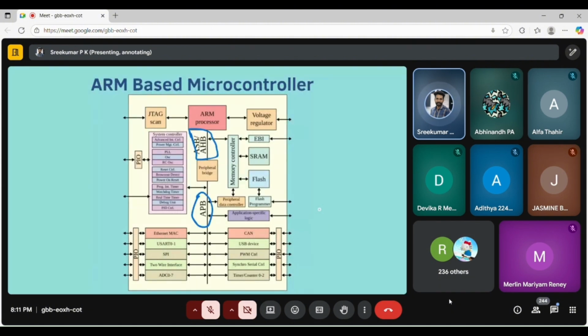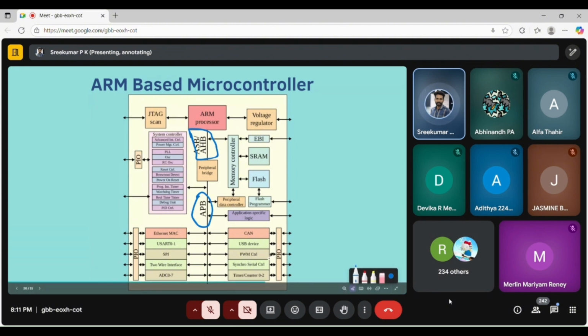So here you can see the ARM processor wants to talk to the CAN peripheral or USB peripheral. What it has to do is initially take the path of the AHB, then it has to go through the peripheral bridge. There is some internal Verilog logic which switches the bus to interact with APB. Some kind of multiplexing it does there. With the help of that multiplexing, the ARM processor will get the peripheral bus.